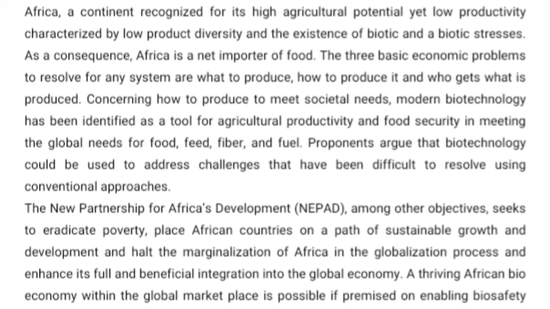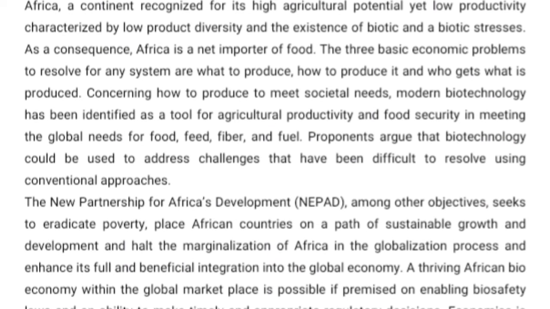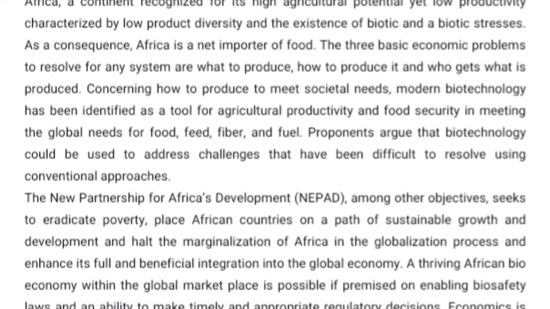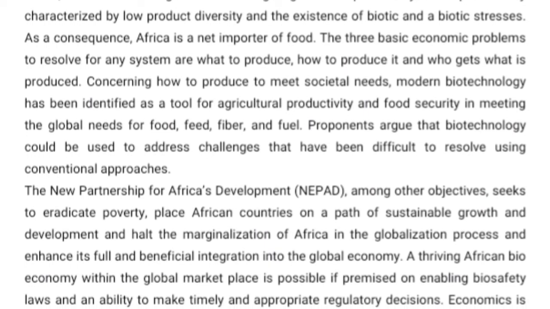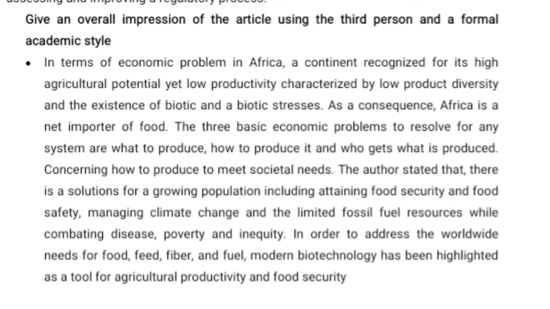A thriving African bioeconomy within the global marketplace is possible if premised on enabling biosafety laws and the ability to make timely and appropriate regulatory decisions. Economics is one of the key drivers of change within a bioeconomy and plays a major role in assessing and improving a regulatory process. The overall impressions of the third person in this article, in terms of the economic problem in